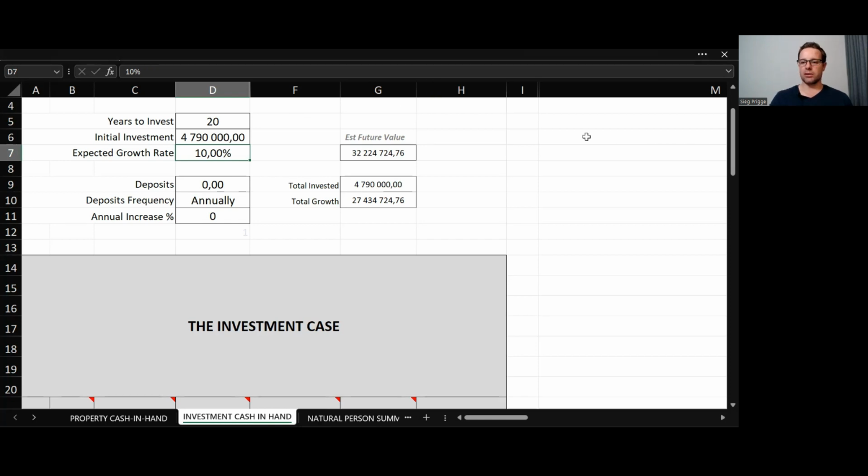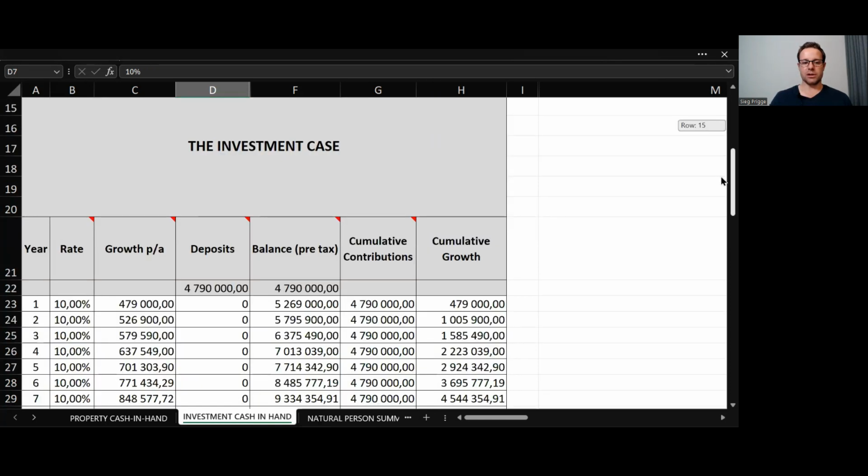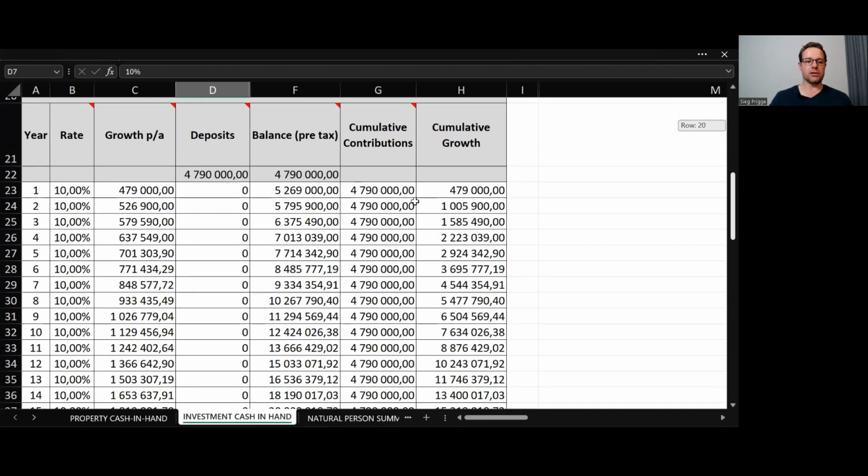So I'm going to show you what that looks like. Here you can see the deposit was 4.79 million and it's a 10% growth rate in year one, and that's your balance. You can see the cumulative growth that builds up. Here's what you can see, what adds up every year, and then your total balance here pre-tax. Now on the right hand side of this